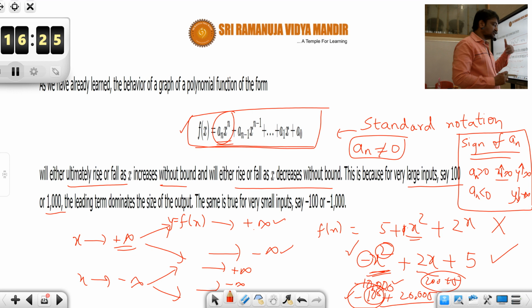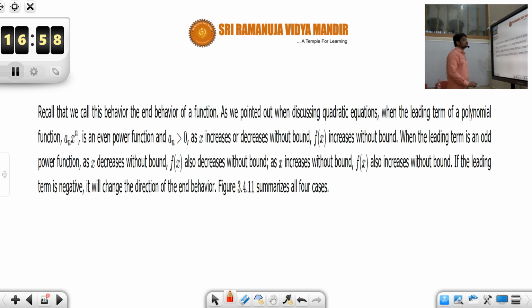If the sign of the leading term is negative, then as x tends to infinity, the functional value keeps falling to minus infinity. Recall that we call this behavior the end behavior of a function. As we pointed out when discussing quadratic equations, when the leading term of the polynomial is an x to the n, n is an even power function, and an is greater than 0, as x increases or decreases without bound, f of x increases